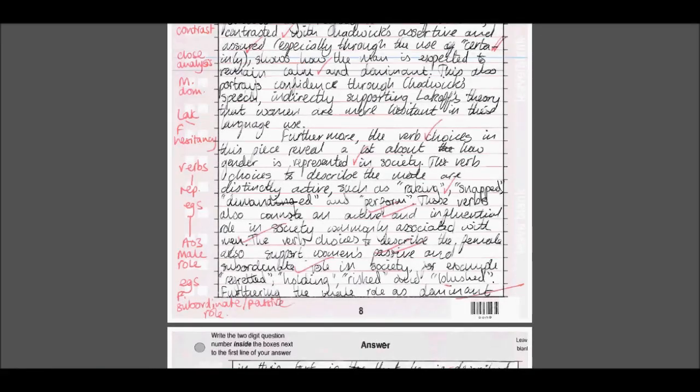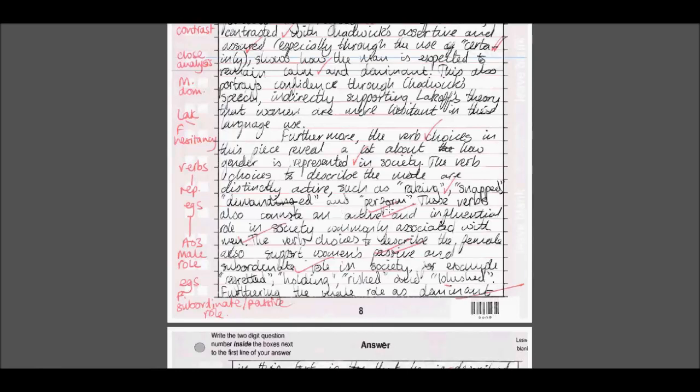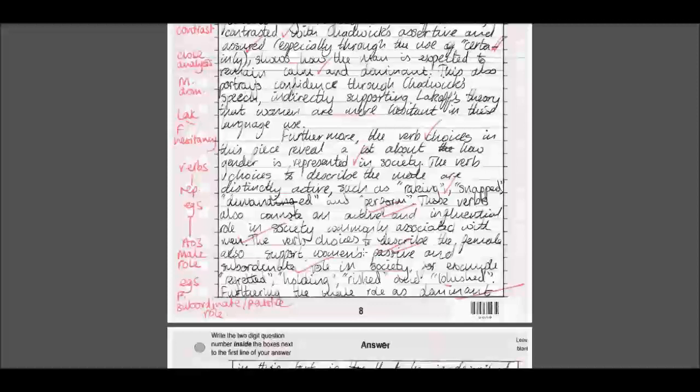Furthermore, the verb choices in this piece reveal a lot about how gender is represented in society. The verb choices describing the male are distinctly active, such as raking, snapped, demanded, and perform. These verbs also connote an active and influential role in society, usually associated with men. The verb choices describing the female also support women's passive and subordinate role in society, for example, regretted, holding, risked,